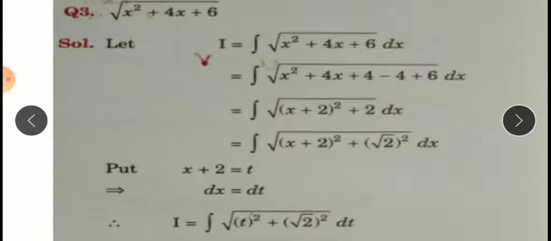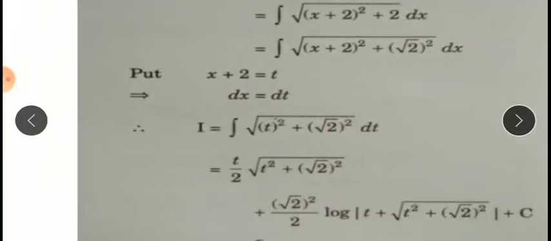Now this is written in the form of integration root x square plus a square, that is 2 can be changed as root 2 whole square. Now consider x plus 2 is equal to t, then dx is equal to dt. Now our question becomes I is equal to integration root t square plus root 2 square. Here using the formula